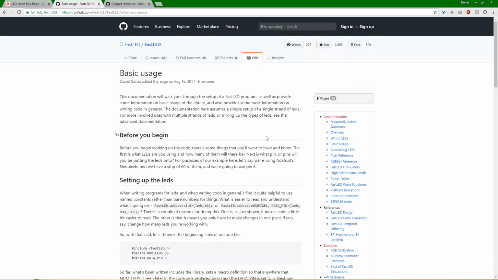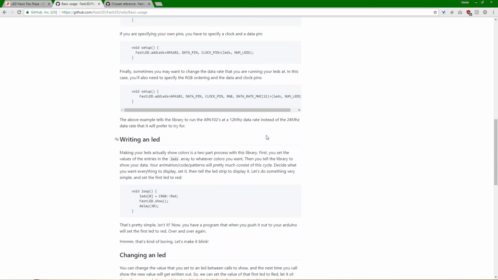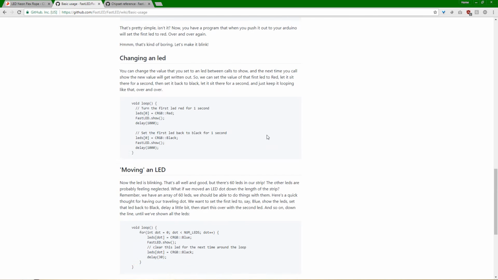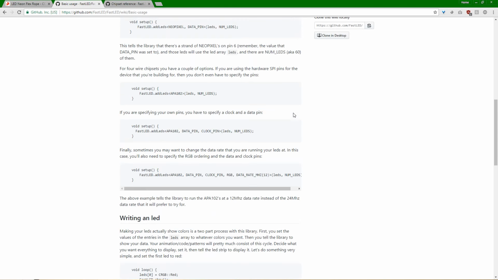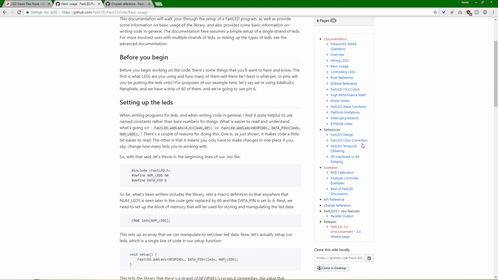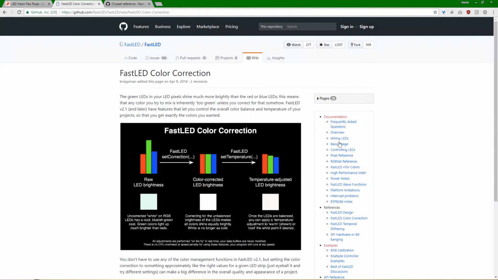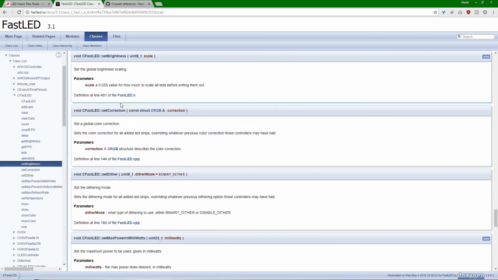Basic usage? The documentation is not organized in a way that I find particularly amazing. Okay, 0 to 255. I think we knew that before starting, but, you know,